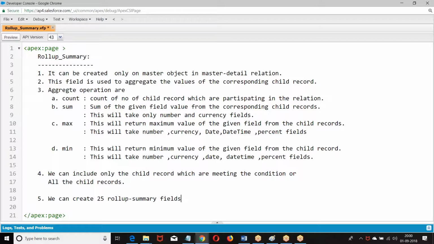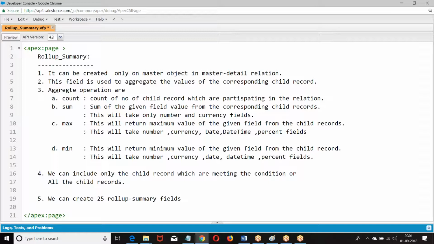The reason is, if you take a lookup relation, there is no guarantee that you will have child, or that a child will have a parent. So some children may exist without a parent. Now when some children exist without a parent, how do I aggregate? If I want to aggregate, every child should have a parent. In the lookup, I am not sure whether every child has a parent or not. That is the reason it is accepted only on master detail.